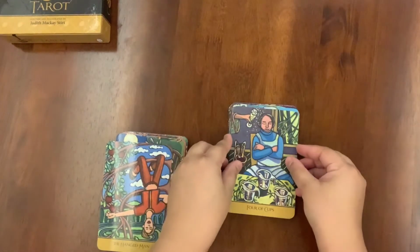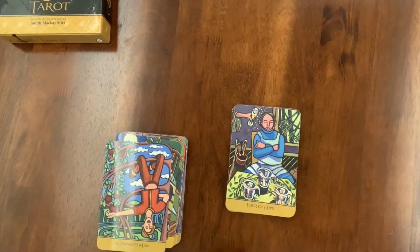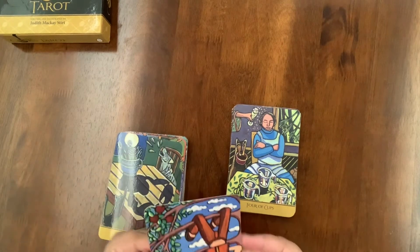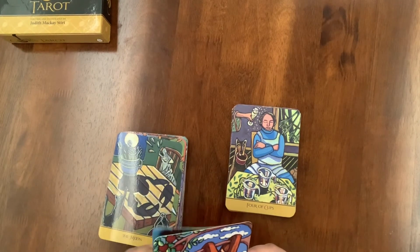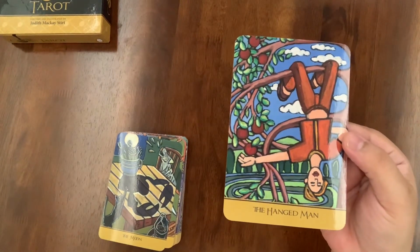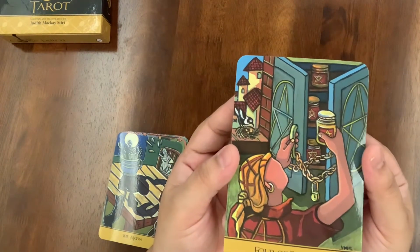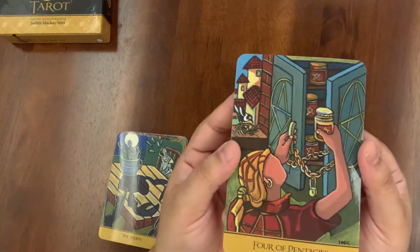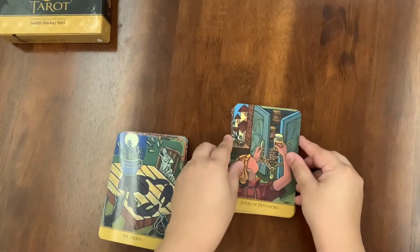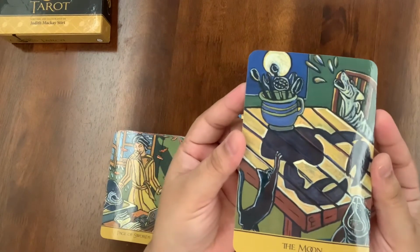See, the symbolism of the Rider-Waite is very intact, so one can't really go wrong at all reading these, and I think it's a lovely deck for both amateur readers and even pros. Yeah, it's interesting. The Hangman, the Four of Pentacles, putting things away, saving things, being careful, not being overindulgent. The Moon,